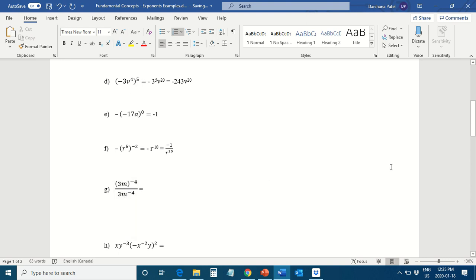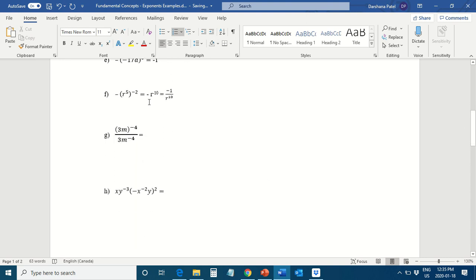So for this question, you can take different approaches. One being, let's bring this negative 4 inside the bracket first, apply it to 3, apply it to 4, and go from there. So I'm going to say this will be the same as, in the numerator, I will have 3 to the power of negative 4 times m to the power of negative 4 divided by this. Now if you notice 3 to the negative 4, m to the negative 4, m to the negative 4, we can reduce those two. We end up getting